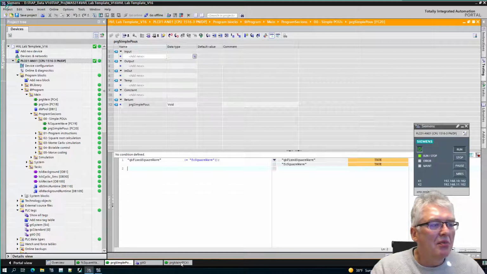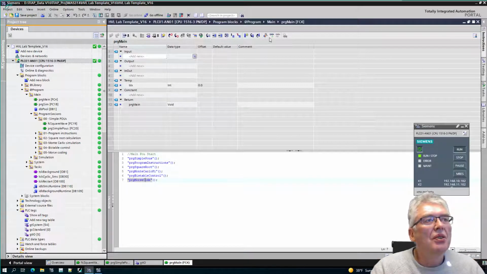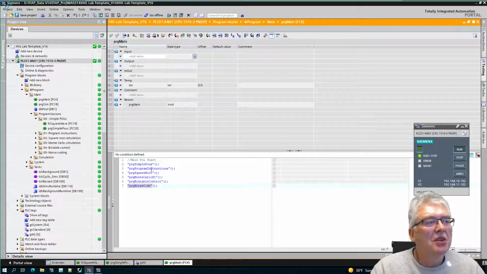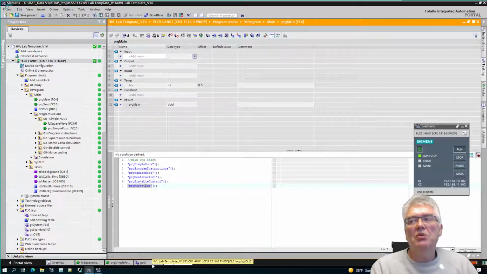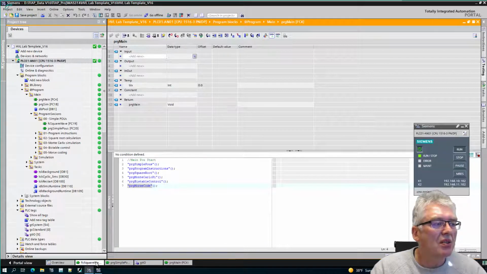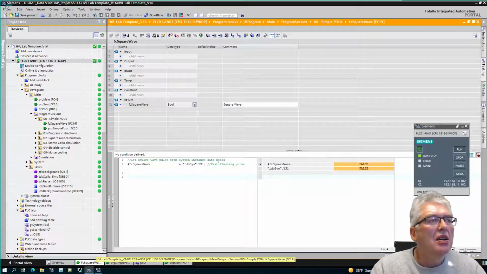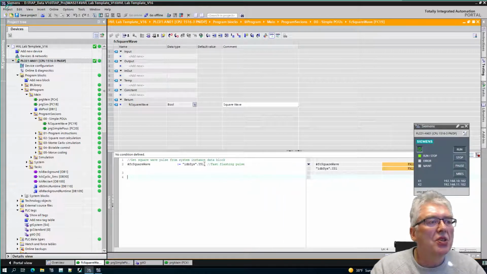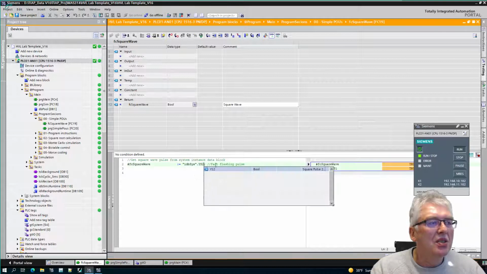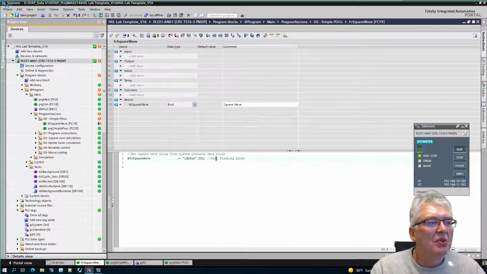Yes, in main I could also go online here, but there's not much to show because they don't take any arguments or anything like that. Now I could also change my FC, this SquareWave FC, to take a slower pulse. There was another one. Now it's not fast flashing. The tube is a 1 Hertz, so we can just call it